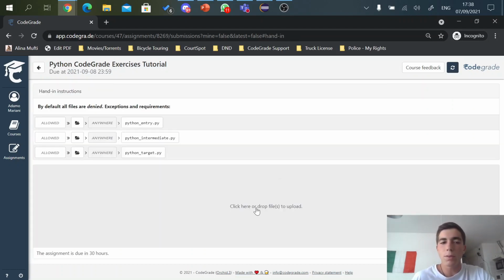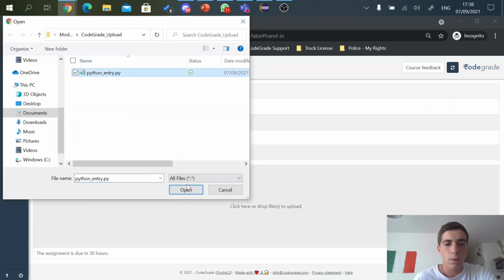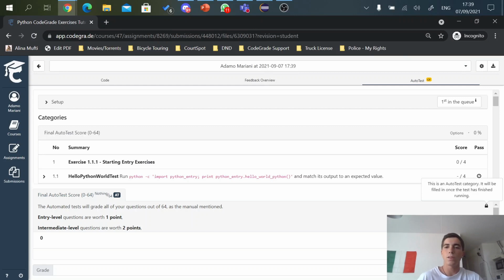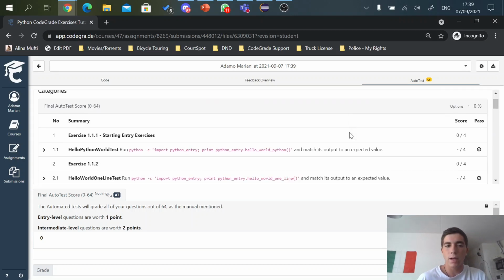Now, when we go to upload files, you can see that it will tell us what files are allowed and what files aren't. In this case, by default, every file is denied except for 3 files, which are nominated here. And the one we want to submit is called python entry.py, which means it's perfectly safe to send. And to do that, we will click on open and submit. Now when we click submit, we can see that the auto test tab opens automatically, and it will grade all of our